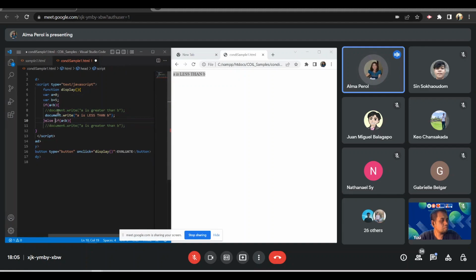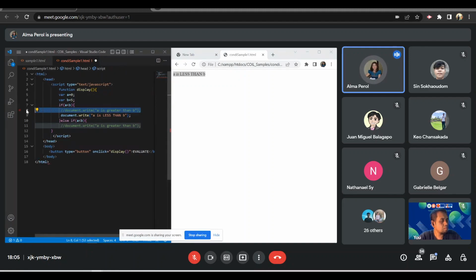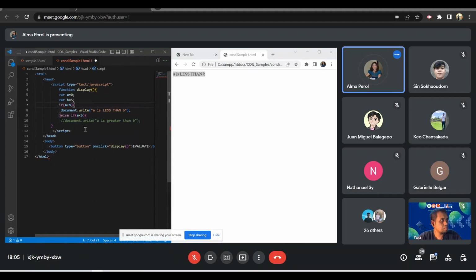So, if A is less than B, it will print A less than B. If A is greater than B, therefore it would print greater than B. Okay, so let's refresh that again. So evaluate, oops, wait, A less than B,